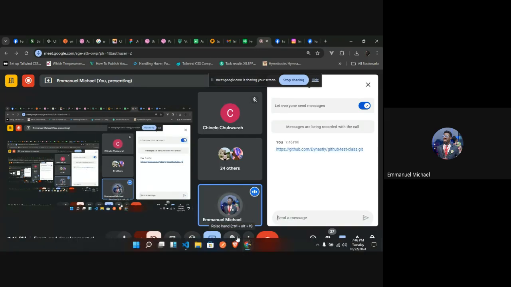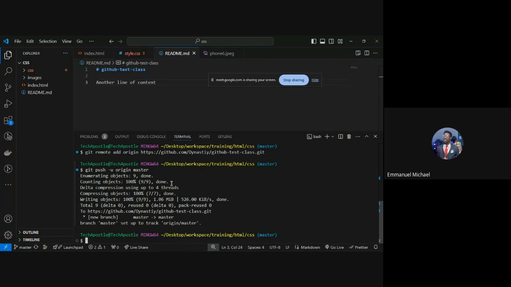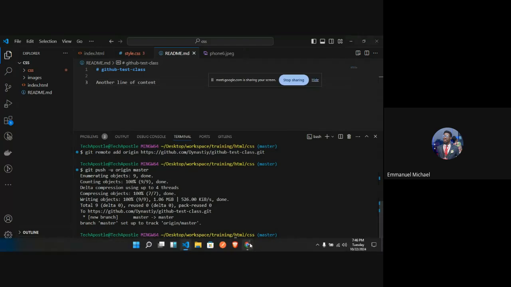Now, as I've sent you this link, and if I need you to make changes, if I need you to collaborate with me on this particular file, that is basically a public repository. This is not a private repository. Don't forget, it's a public repository. So what I can do is say git clone, then I put in the name of that repository that was sent to me. If you do this, it would copy the remote